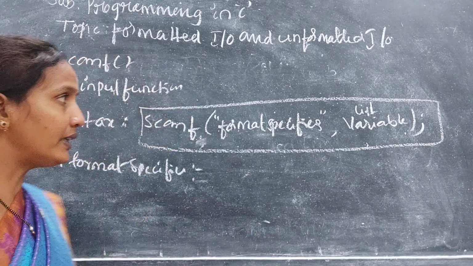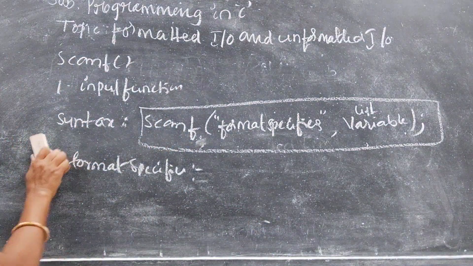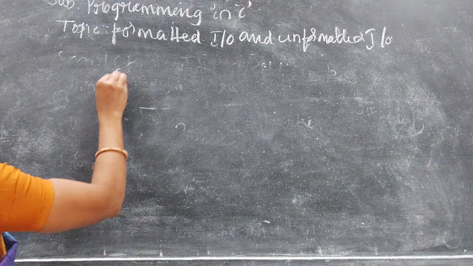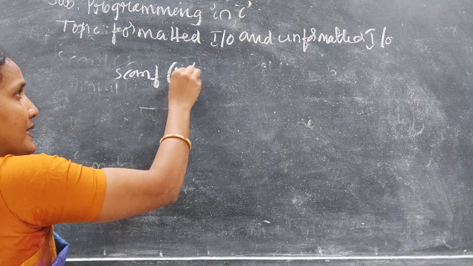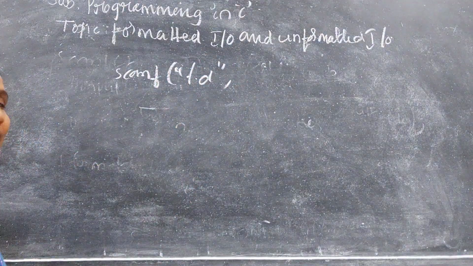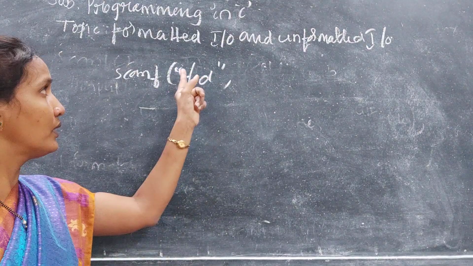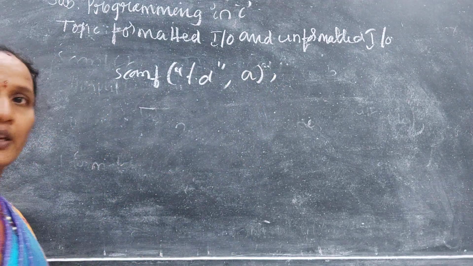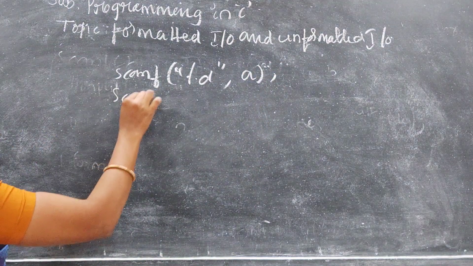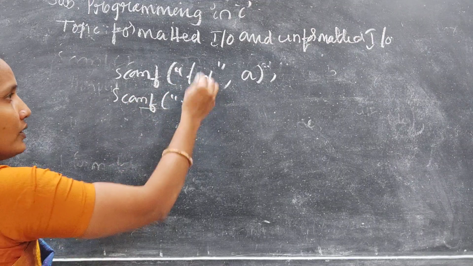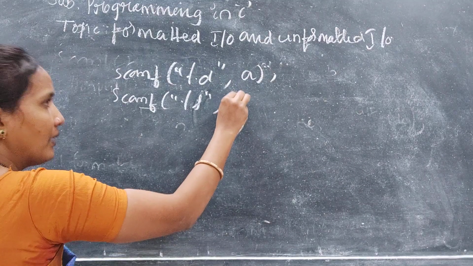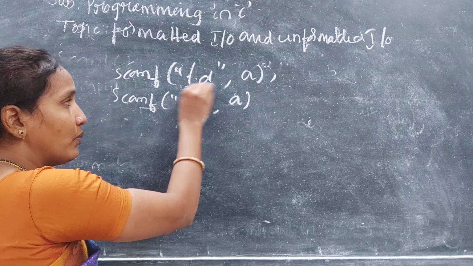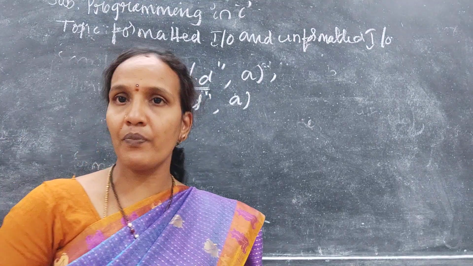Okay, example, if you are collecting an integer value, how will you give it? Scanf, %d. This is for an integer, and always the format specifier should be in double quotes, this pair, comma, name of the variable, example A. If you are collecting a float value, again scanf, %d, sorry, it is a float now, %f, comma, example A. Here it is for integer. When the compiler finds this symbol, it will understand that the user is giving an input value.